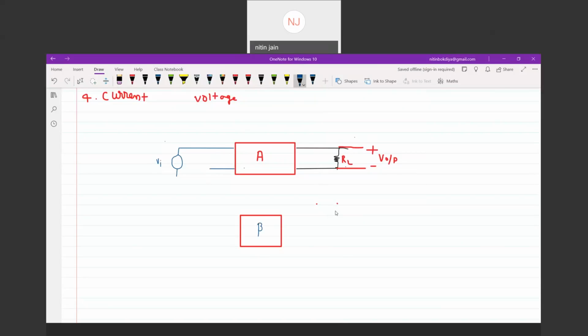Suppose I want to sample the voltage at the output. To sample the voltage, how will you apply the network? Suppose we use a pot, and suppose 10 volts is the output and you want to feed back 2 volts, then we set the pot accordingly. This is how we take feedback. You need at least two terminals to take voltage as feedback.